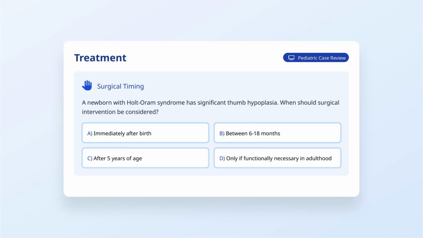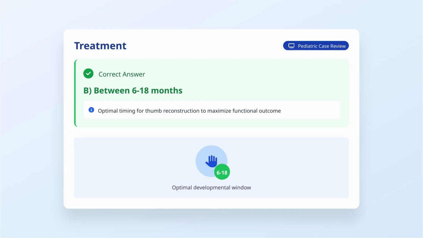A newborn with Holt Oram syndrome has significant thumb hypoplasia. When should surgical intervention be considered? A. Immediately after birth. B. Between 6 to 18 months. C. After 5 years of age. D. Only if functionally necessary in adulthood. The correct answer is B. Between 6 to 18 months. This time frame is considered optimal for thumb reconstruction procedures. Early intervention allows for better functional adaptation and utilization of the reconstructed thumb during critical developmental periods. Surgical options depend on the severity and may include pollicization, where the index finger is rotated to create a functional